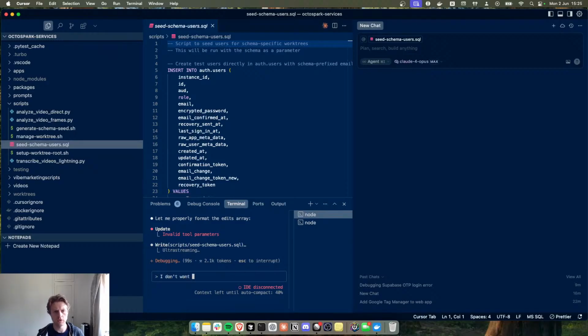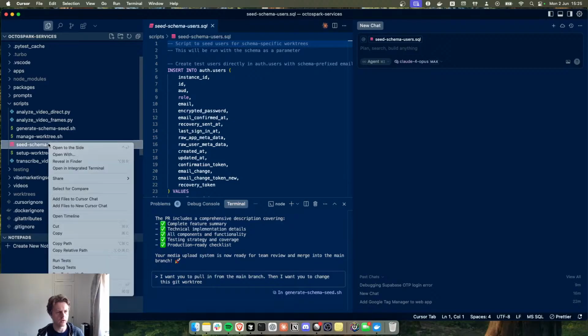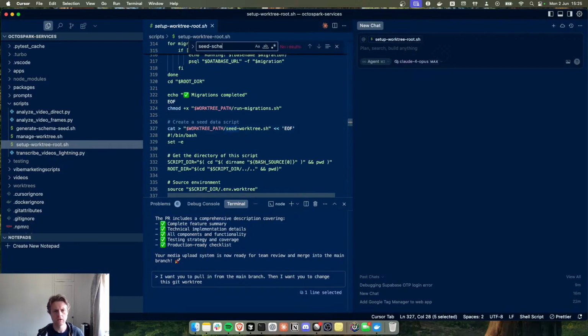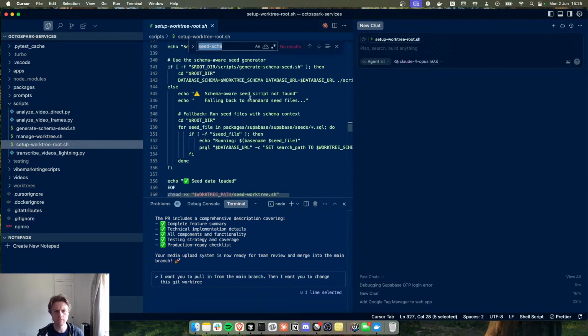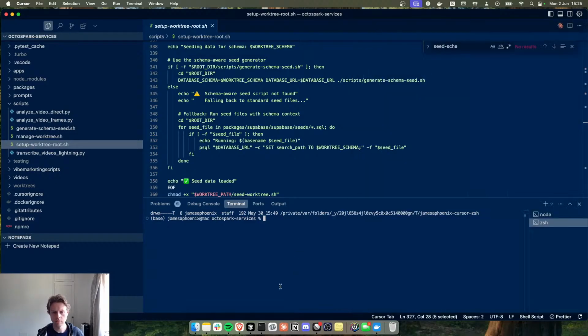I don't want to use seed schema users, what's it called? I'm going to get rid of this one and okay, so